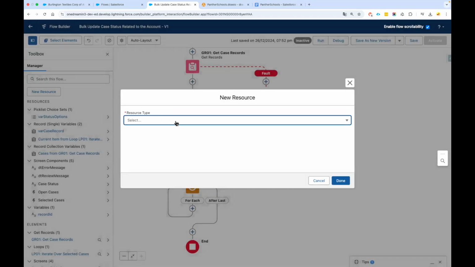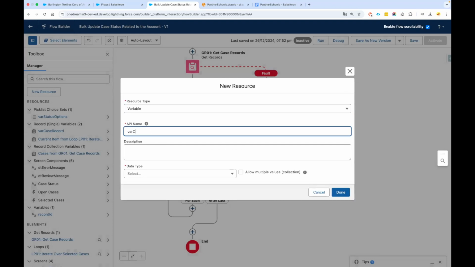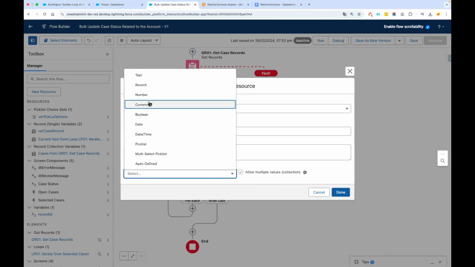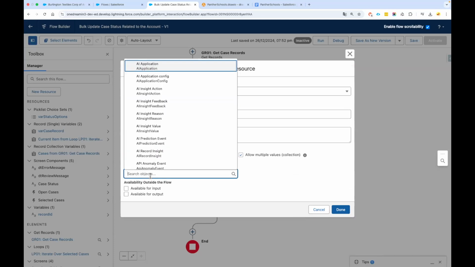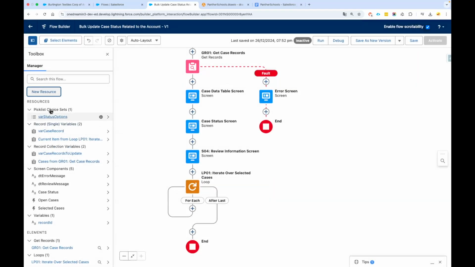You also have to create another variable, and I would call it where case records to update. This is going to hold the list of case records which we will eventually use to update the cases. So I will select allow multiple values. You also have to select it. Data type is going to be record again. Object is going to be case. Not available for input, not available for output. Click on done. So now you've got your